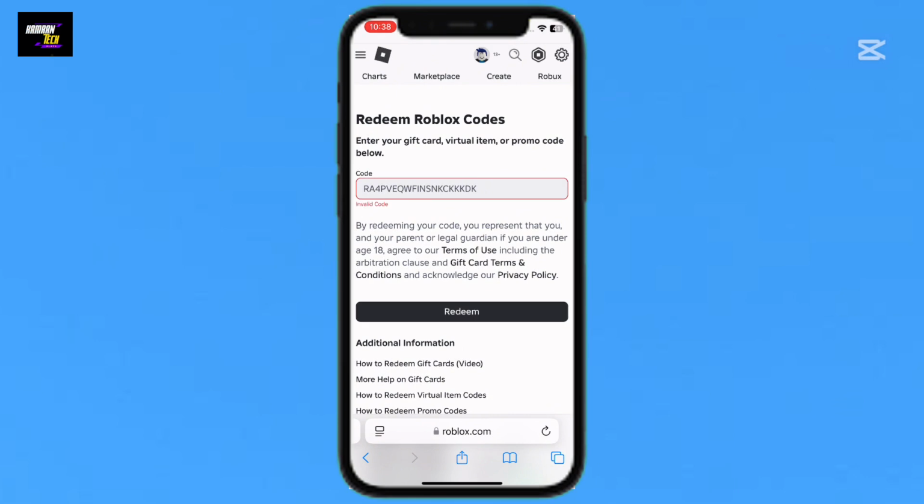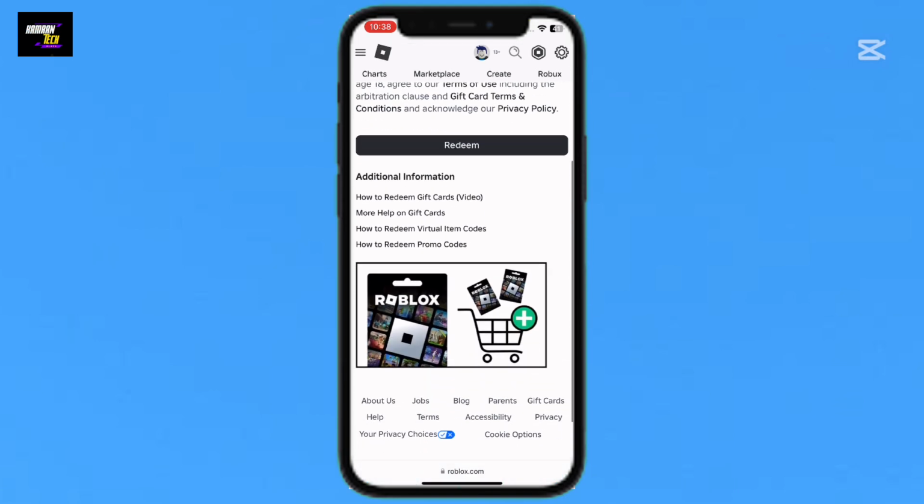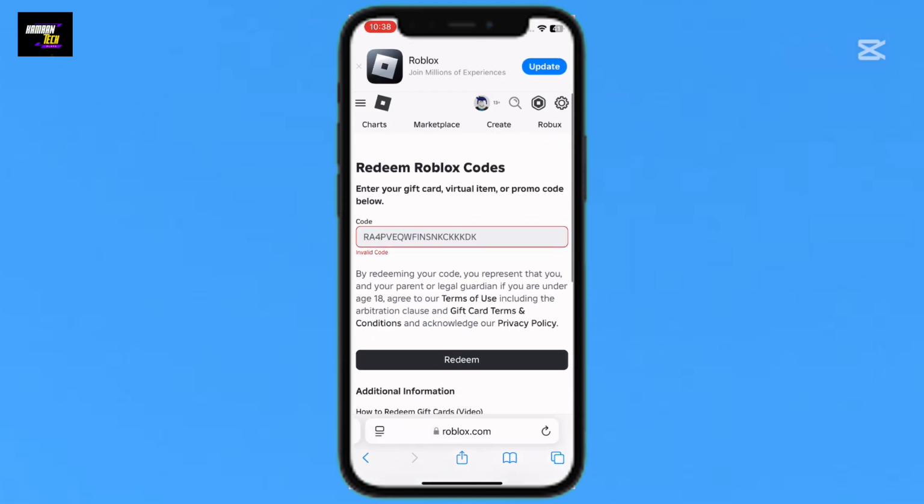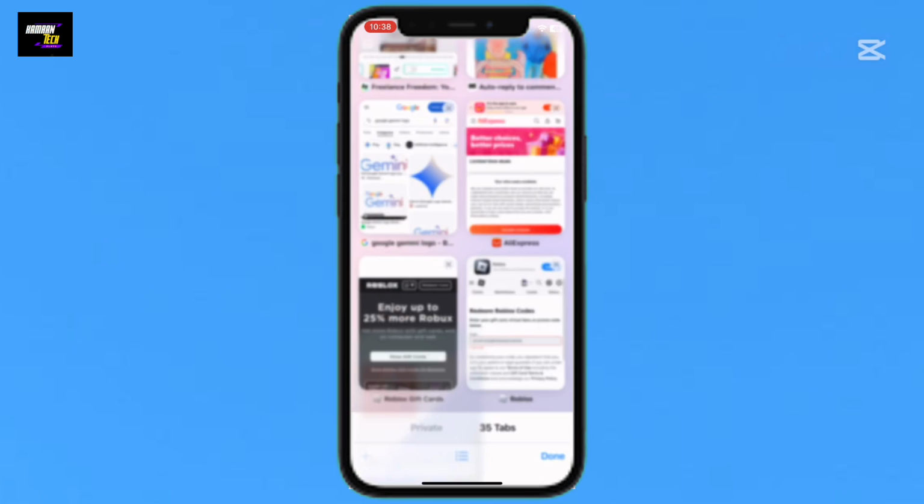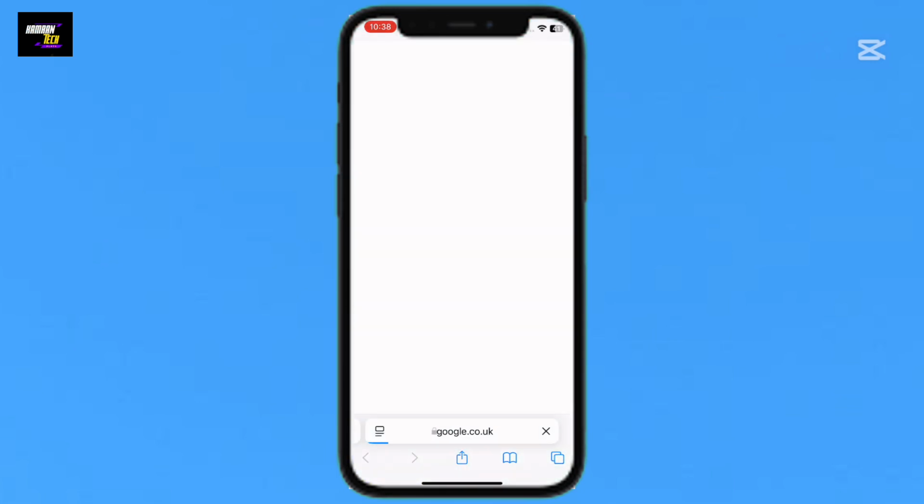So right now it says that this is an invalid code. Sometimes it will say invalid code, and sometimes it will say that the redeem code has already been used. So in this case, what we are going to do is move to the next browser on Google,